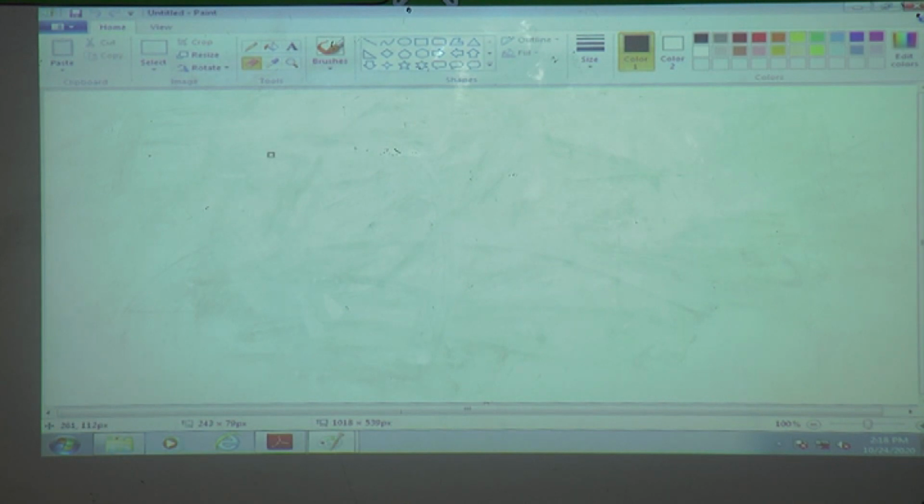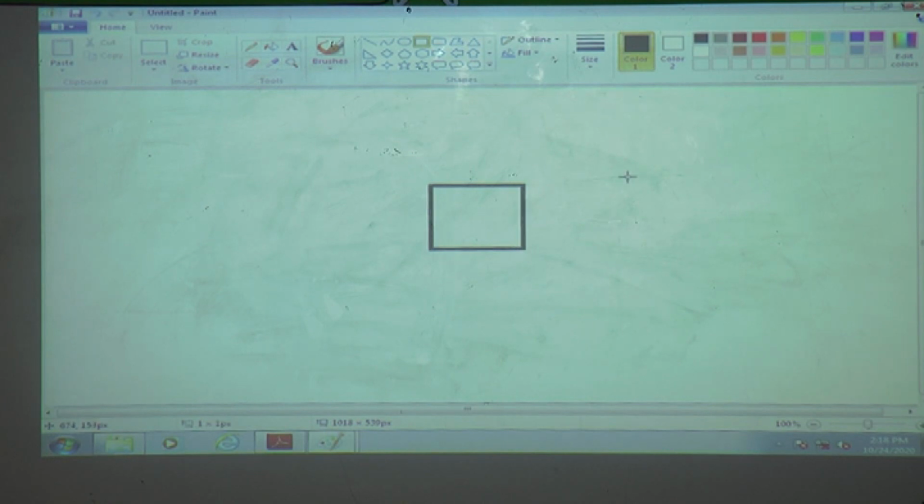Where is the rectangle tool? The rectangle tool is here. How to select it? Take the mouse pointer there and press the mouse left button. Which is the drawing area? The drawing area is this white place. Then take the mouse pointer here. You can see the mouse pointer has now become a plus sign, and we can draw. How to draw? Press the mouse left button and continuously drag the mouse. We can draw different sizes. Now we want only this size of rectangle, then leave it.